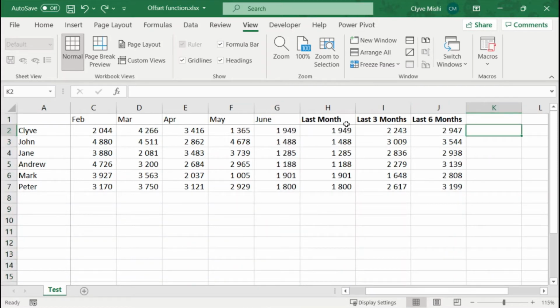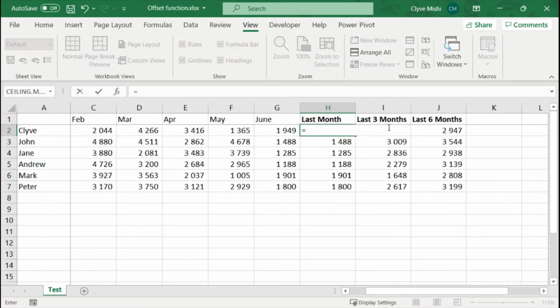I'll just add the offset function here at the end. It goes offset equals offset. Then the reference is where you want to start offsetting from or start counting from. So I want to use my current cell to be able to determine which column I want to use. So I just select my cell, which is H2,